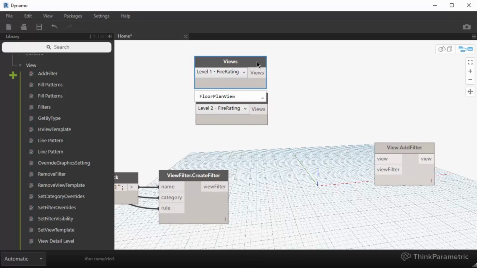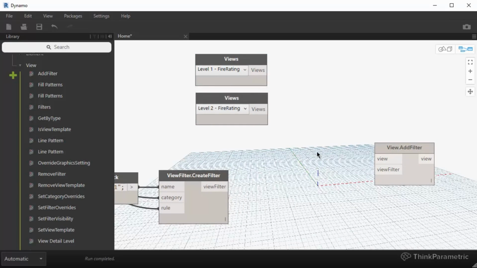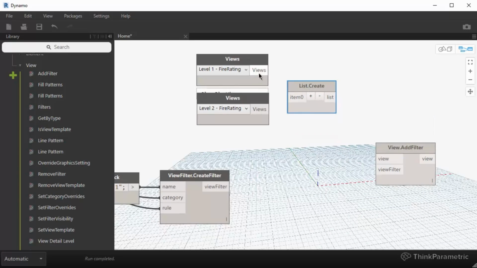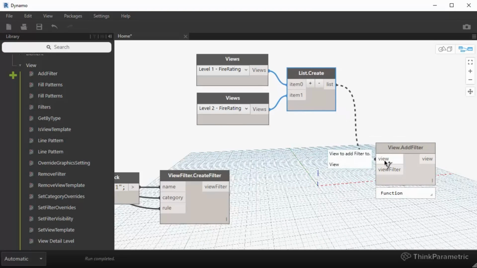So these are your views. So if you're applying those view filters to a single view or two views, this probably makes sense because you can just list create and combine them together into a list,